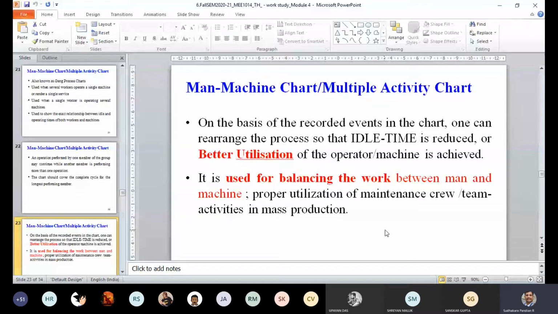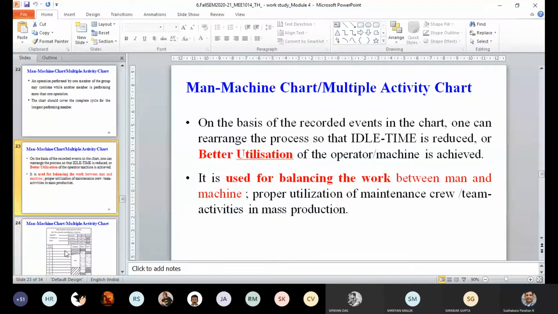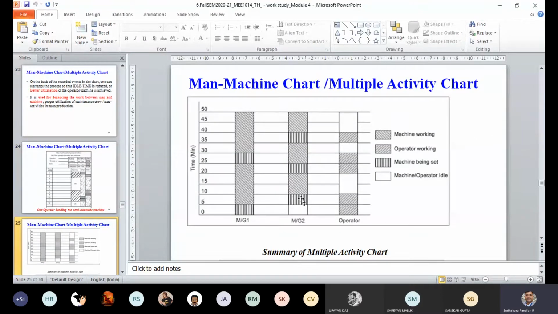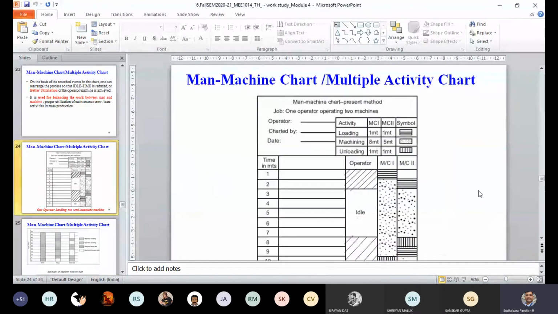Once you find out the idle time, then it is easy to balance the work equally among machinery or laborers, isn't it? So for this purpose, this chart is very much useful. Now you can look at this chart. For example, no operation is mentioned, but even then, if you go through this chart, one operator is operating 2